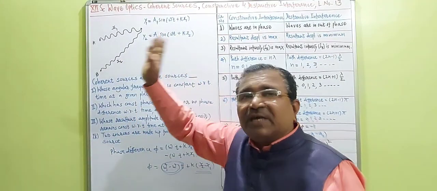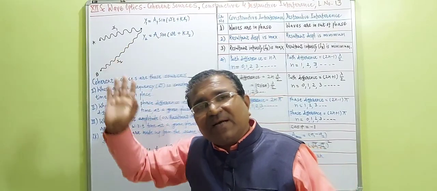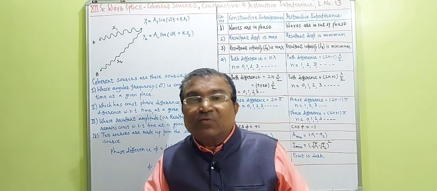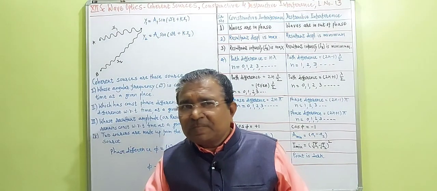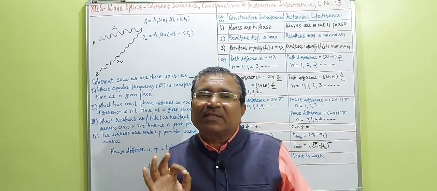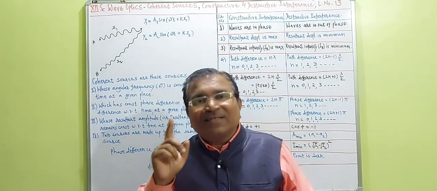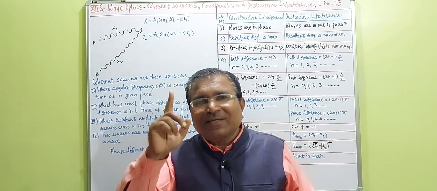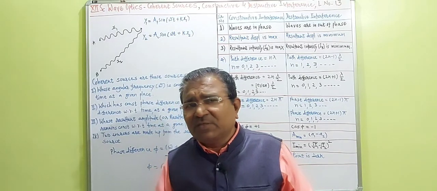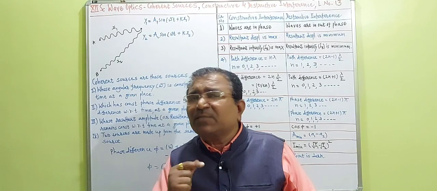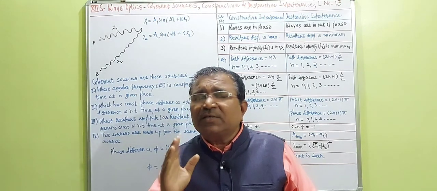If that point is dark, it will remain dark, because angular frequency is constant with respect to time. That is the most important thing while learning the definition of coherent sources. Remember well, dear students. So while writing the definition of coherent sources, the first point is that coherent sources are